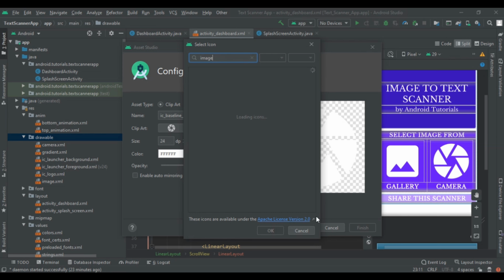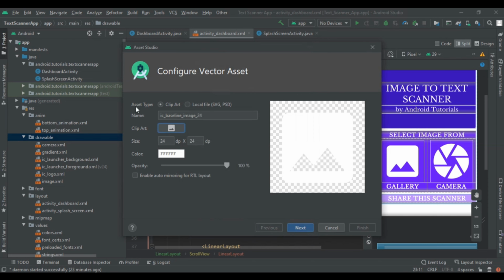So due to low internet connectivity I am not showing this faster. So here is our image. So when you click on any of this, then press OK, then select the font size as per your need. So here I had used 36 sp and give it some name, random name, and choose the color that you want.